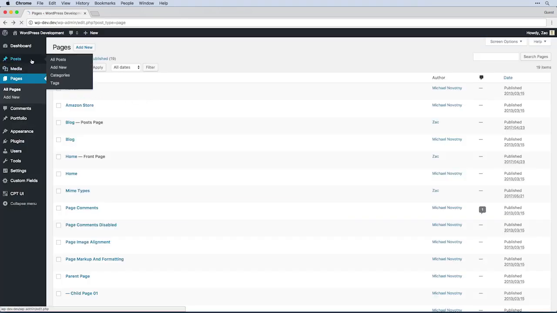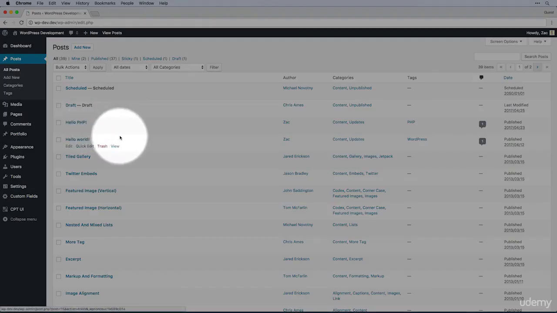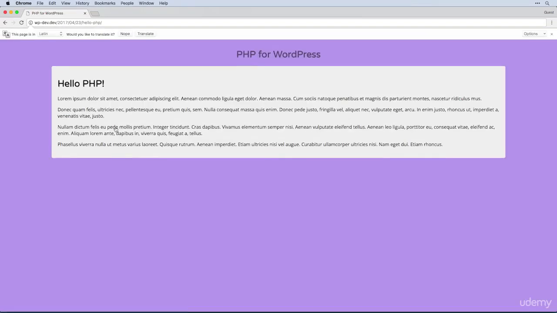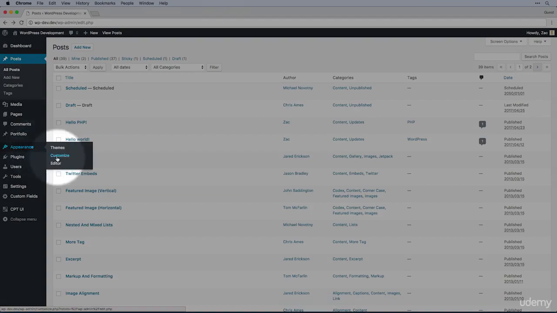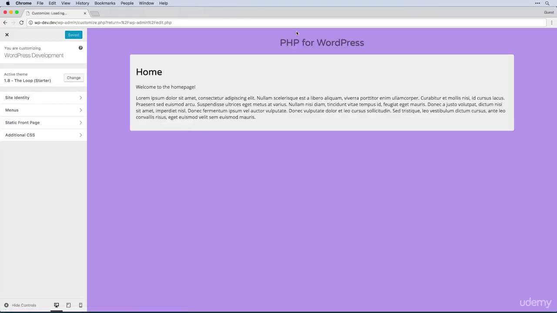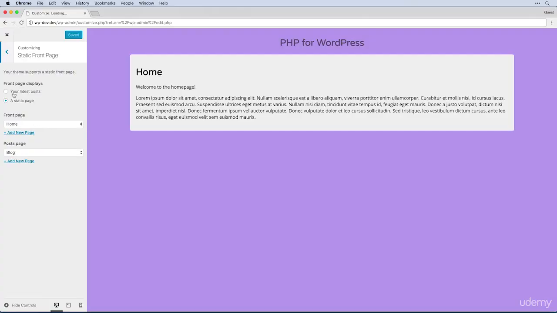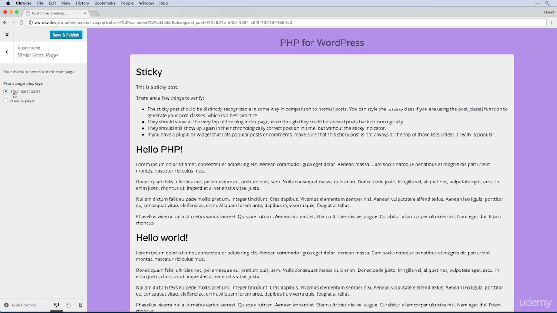I'm going to come back in and come into posts and check out a post here. Check that out. I've got a post working. So that loop will work for a post or a page. Now I'm going to come into appearance and customize. Notice that we don't have the right code in here for us to see the title bar, even though we're logged in, or that menu bar. But I can come into static front page and change to latest blog posts. And again, I have a bunch of blog posts. You may just have a hello world. Throw in an extra one just so you could have two or three posts,